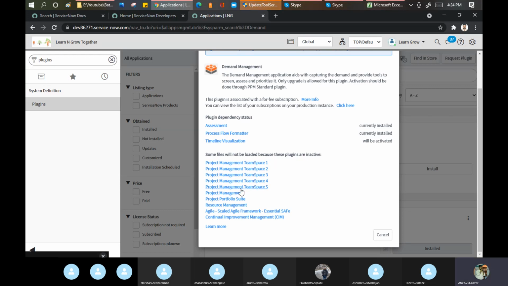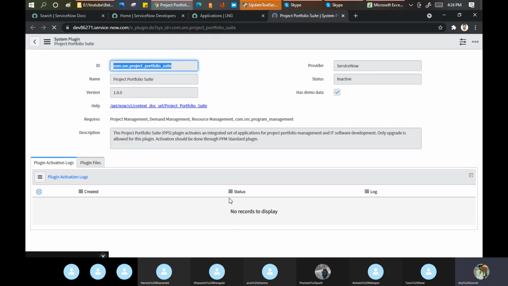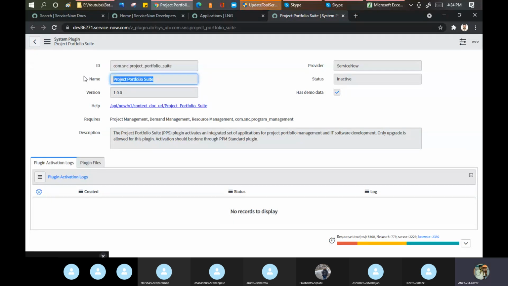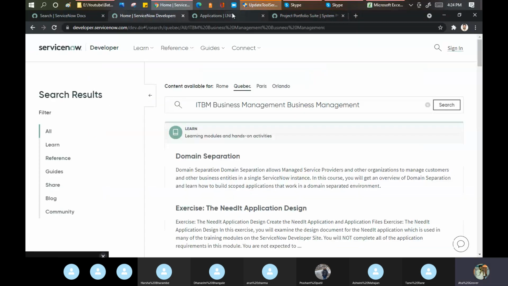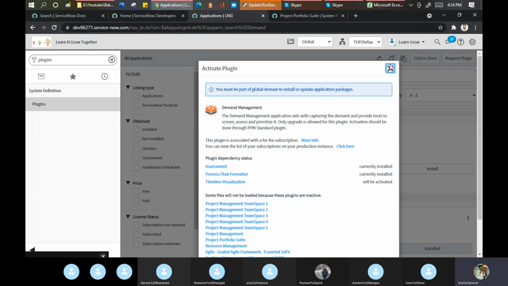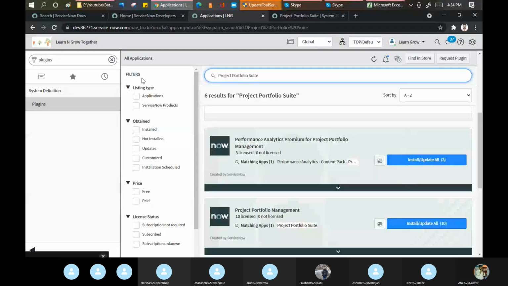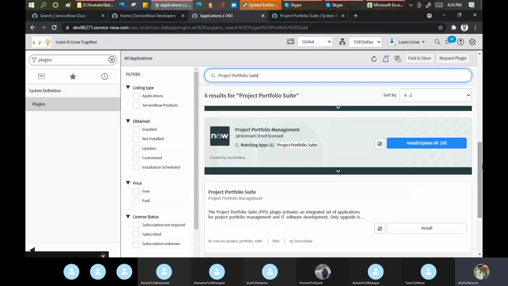Maybe this project management, let me see, the PPM suite we can check. So it is all a game you need to play. Portfolio, now let me open it here only in this case. I'm able to do all these things because I do the R&D as well. Now it's your time to do the R&D. See, project portfolio suite.